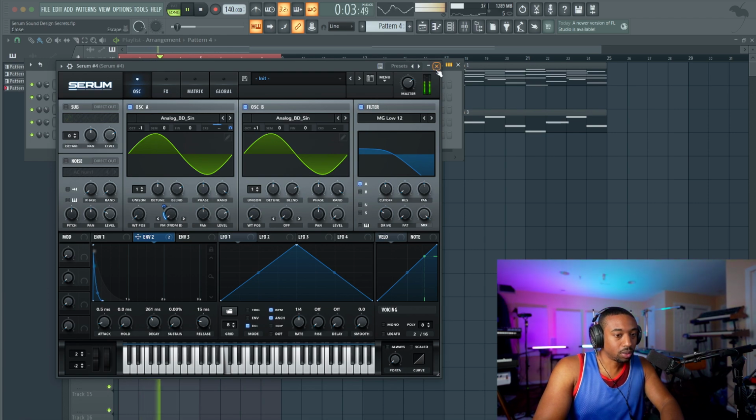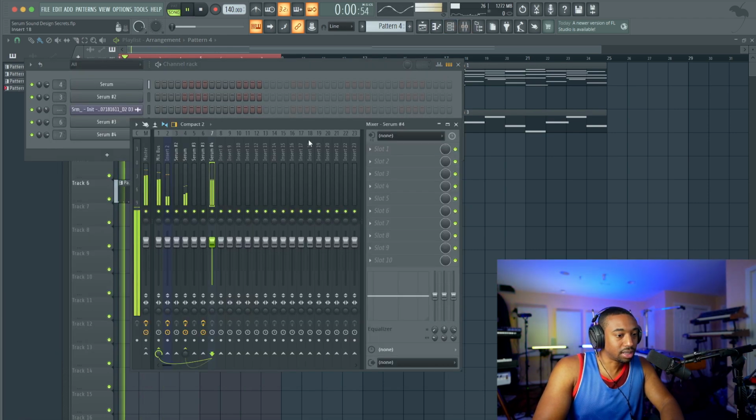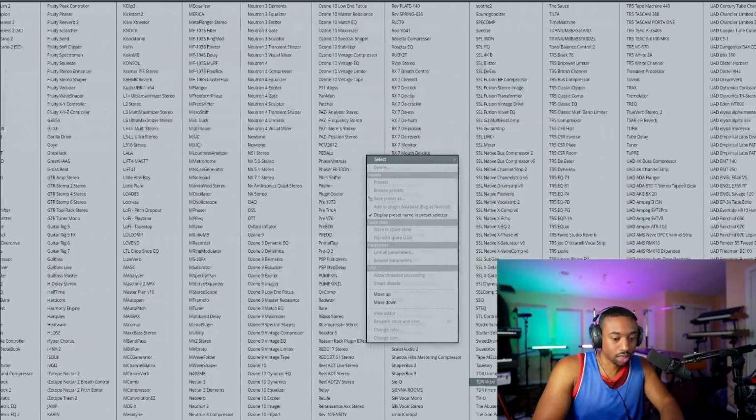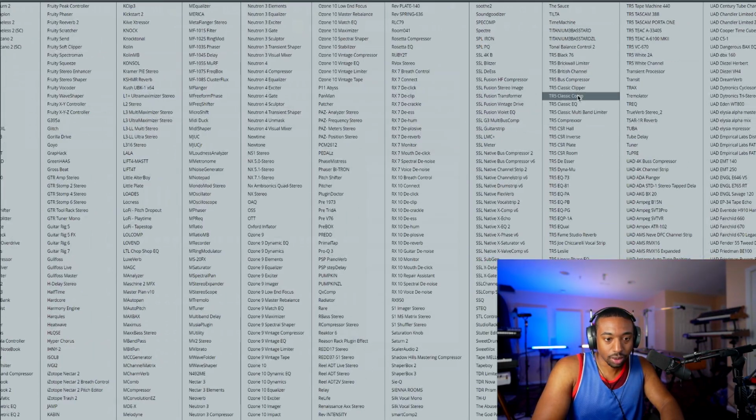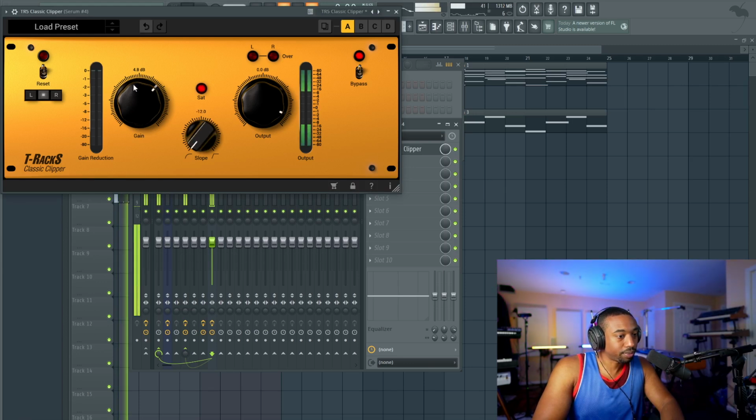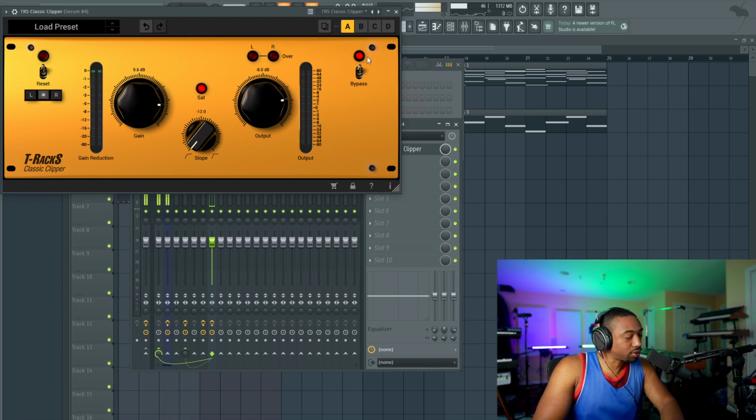Okay, so from here, you want to run into different processing. So to keep this video super short, I like the T-Rax Classic Clipper. It's really good for getting saturation out of your drums. Just pushing the kick in and then lowering the output. Gotta be careful not to shave off too much of the kick.